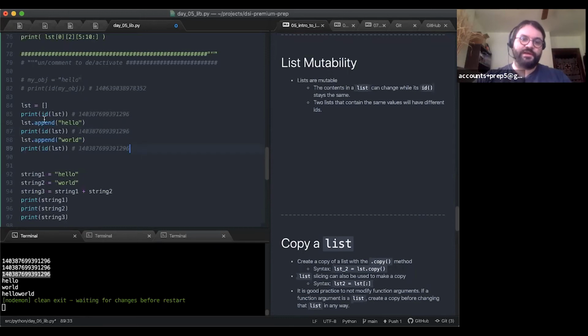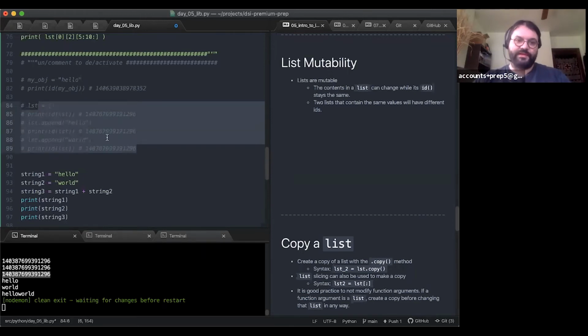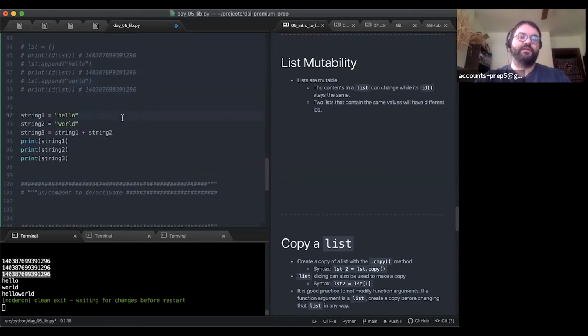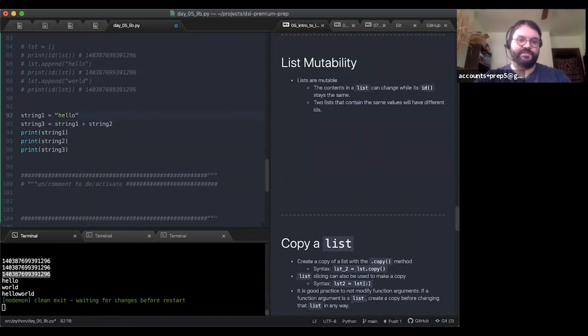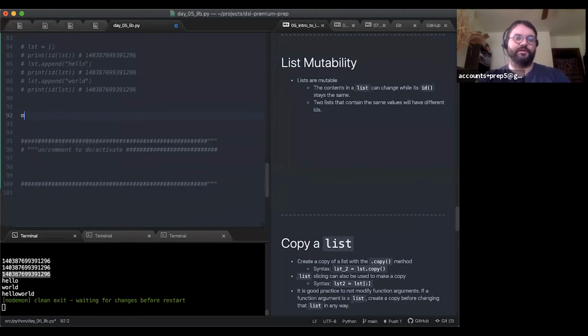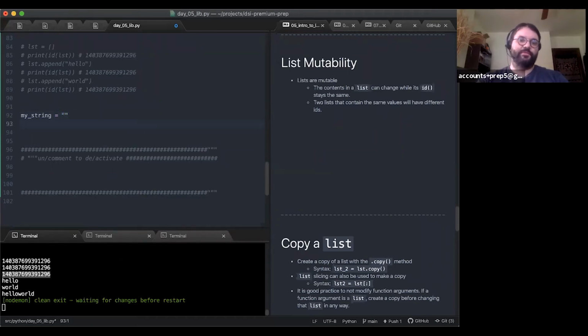So if strings were mutable like lists are, we should see the same behavior if I did, let's do this. I'll make a variation of this. Let my string equal empty string, and then I'll print the ID of my string.